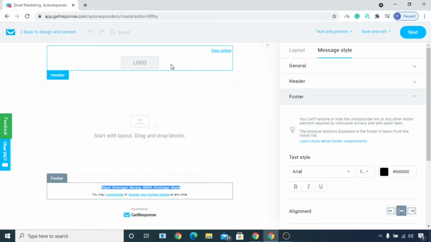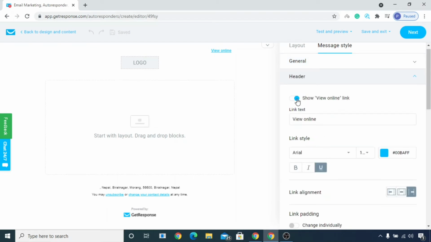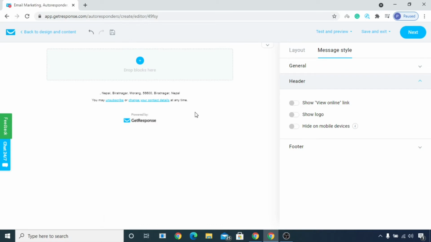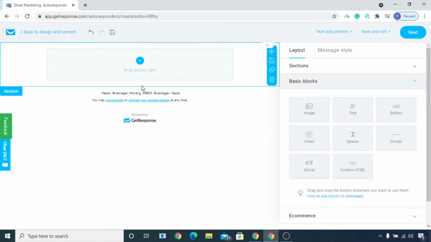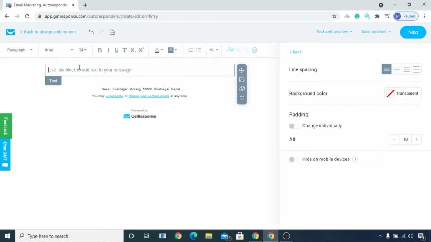Now if you want to remove this section, in message style, in header, simply turn off this show view online link. Show logo is also turned on, simply turn it off. So now you can simply drag this text here, and you can start to type your message, and this will be a clear message with text only, and it will have the probability to go into the inbox of your subscribers. So now, hi,